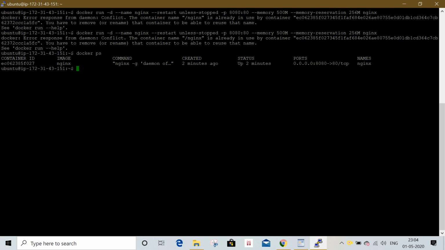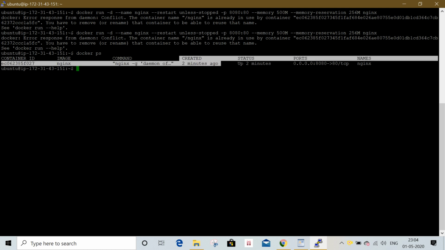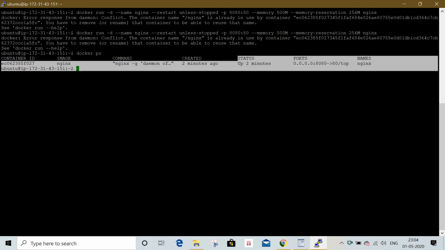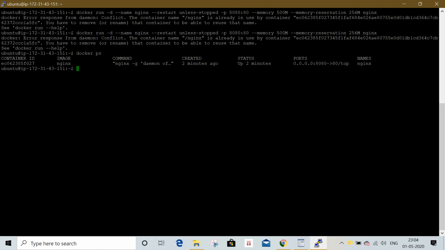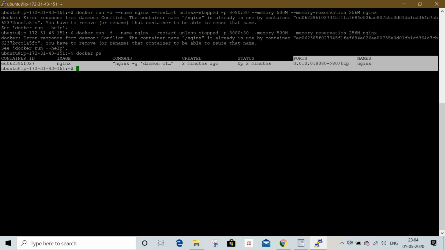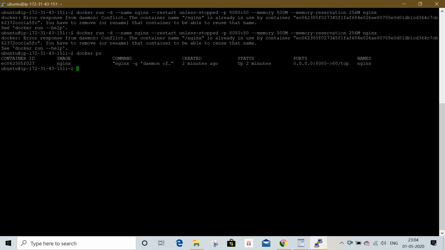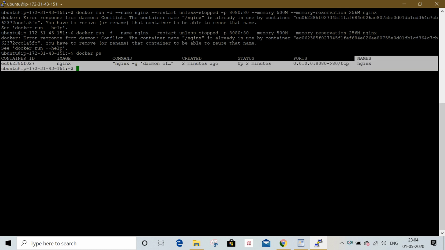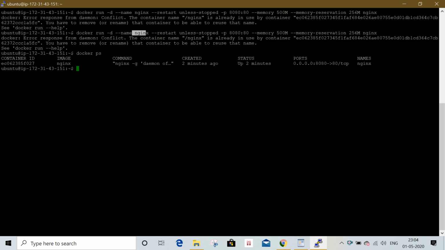Created 2 minutes ago, status is up, and ports 80. 8080 is my localhost port number and 80 is the container port number. This is the name I gave for this container, nginx.